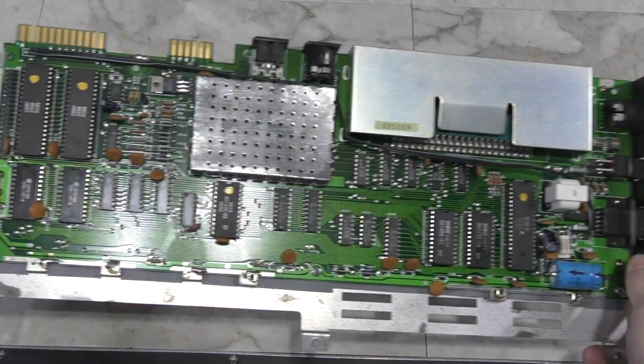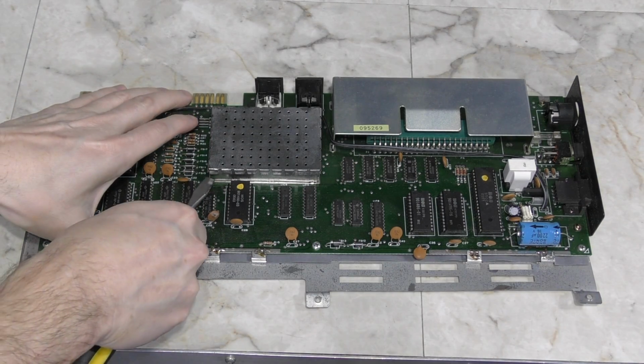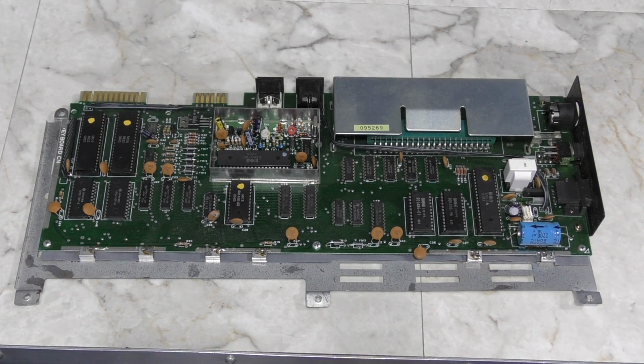Then one day I was cleaning up my studio room and I came across this VIC-20 motherboard I'd been using to test chips a few months earlier, and I started to look at the board and I had an epiphany. I realized that every single chip and component on this board is still available today, except for the video chip itself. And I sat there and I thought about it for a while, and I realized that we could